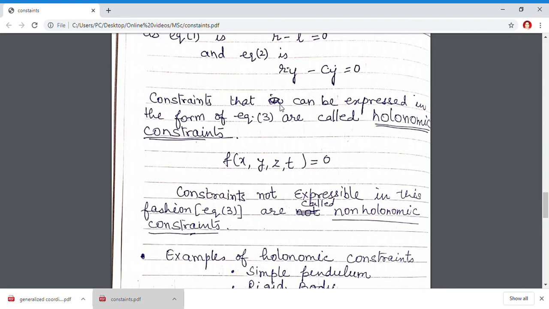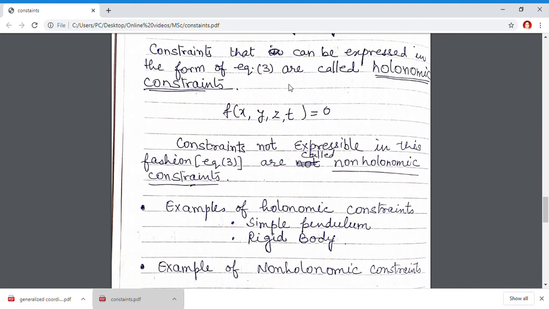Now I am going to discuss the example of holonomic and non-holonomic constraints. As I have already used the expression r minus L equal to 0, this was the expression of the simple pendulum. Hence, the simple pendulum is an example of holonomic constraint. And rij equal to cij was the equation of a rigid body. Hence, the rigid body is an example of holonomic constraint. Now, I am going to discuss the example of